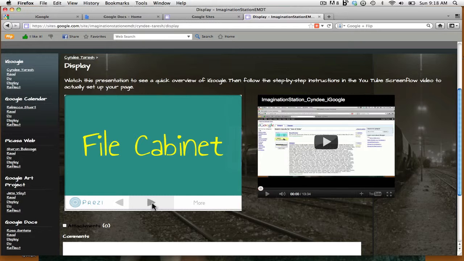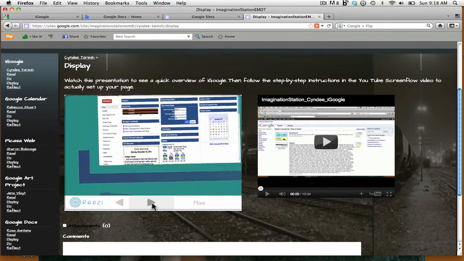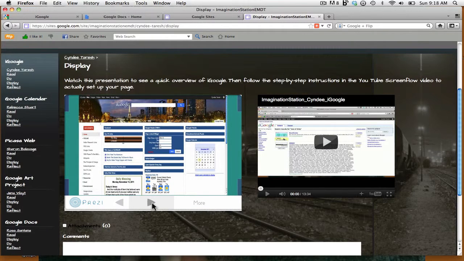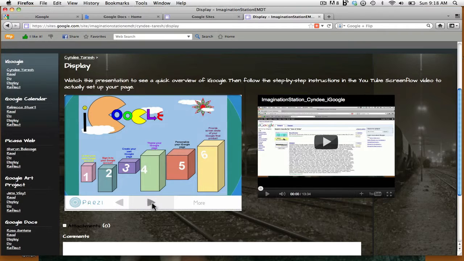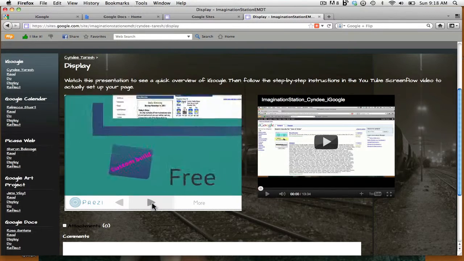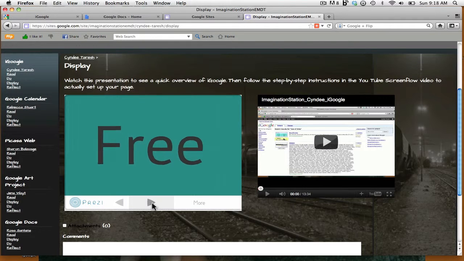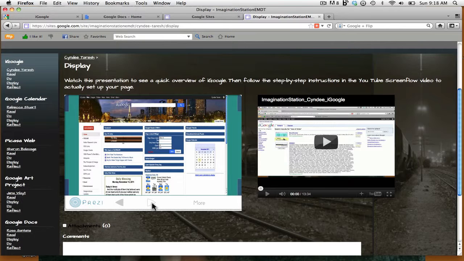I consider it my own file cabinet because I can keep everything in one place. You can obviously customize it. An example of a built iGoogle page, and the drawing again. I use the drawing quite a bit just to give everybody an example of what it should look like. And then a couple of things just to grab their interest, and that's the extent of the